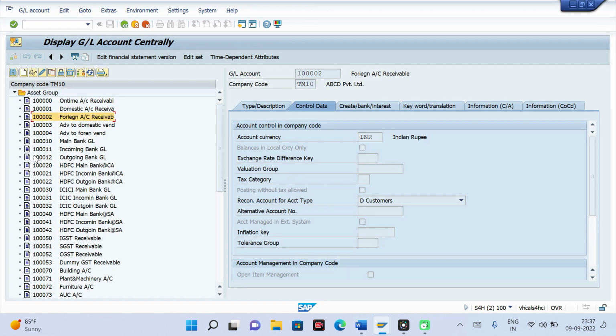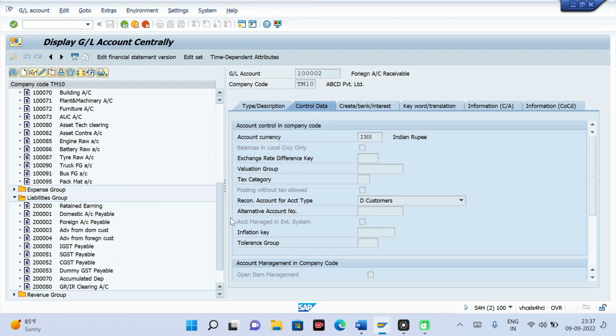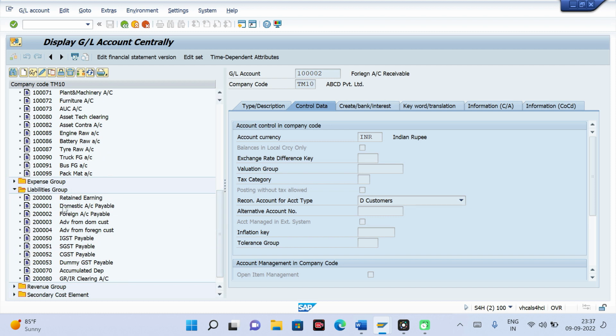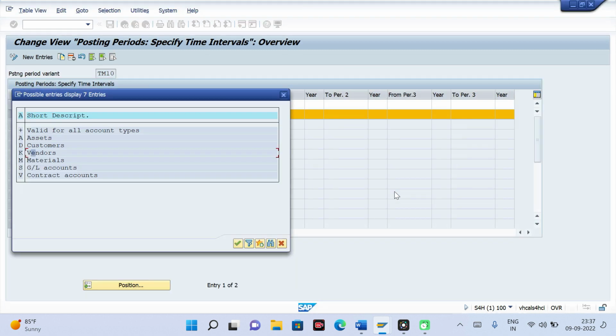K means vendor. Whatever GLs you have created under K, all those GLs are known as account type K GLs. For example, your vendor reconciliation GL, advance paid to the vendor, deposit paid to the vendor, all those GLs are known as account type K GLs.